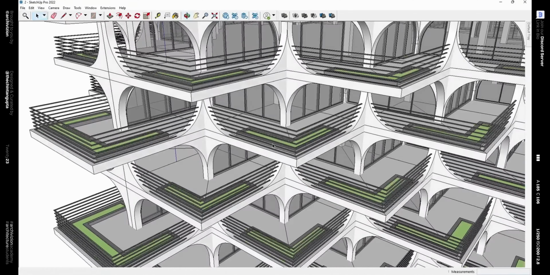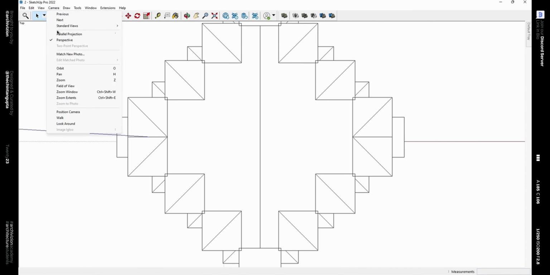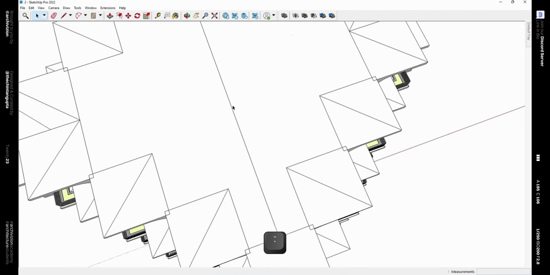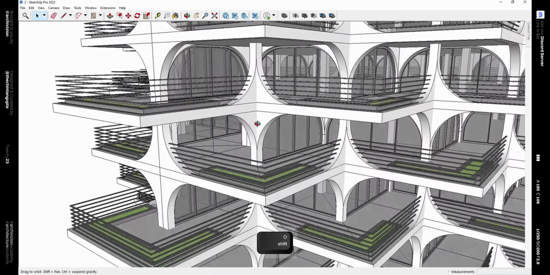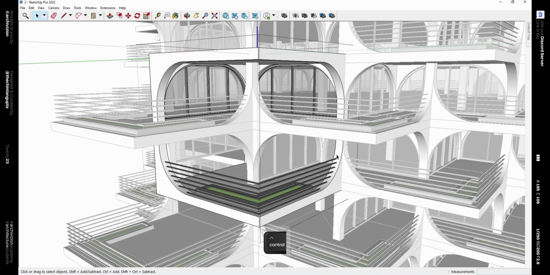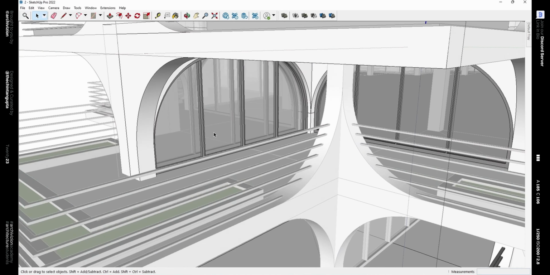Now switch to top view. I have set up a shortcut Ctrl+1 for that. Change the camera from perspective to parallel projection. Now select these 4 columns of components and make them unique by right click and make them unique. I have also set up the tilde key as a shortcut to change the camera perspective. Now as you can see, these windows are sort of messed up and are doubling on each other, so we need to delete these.